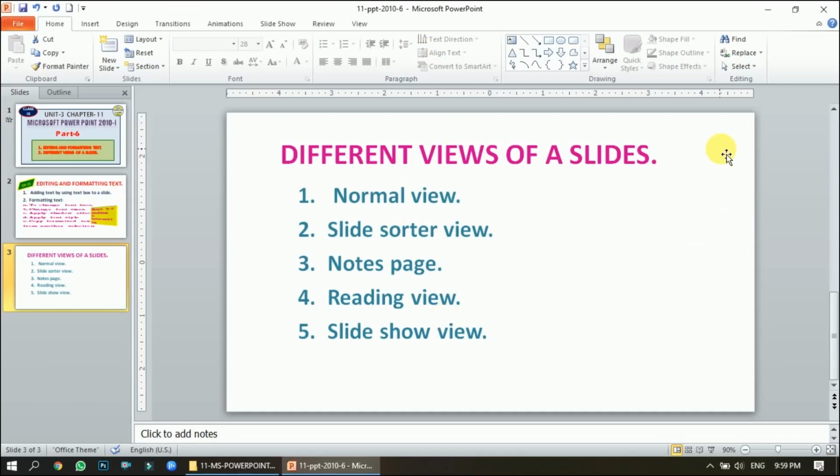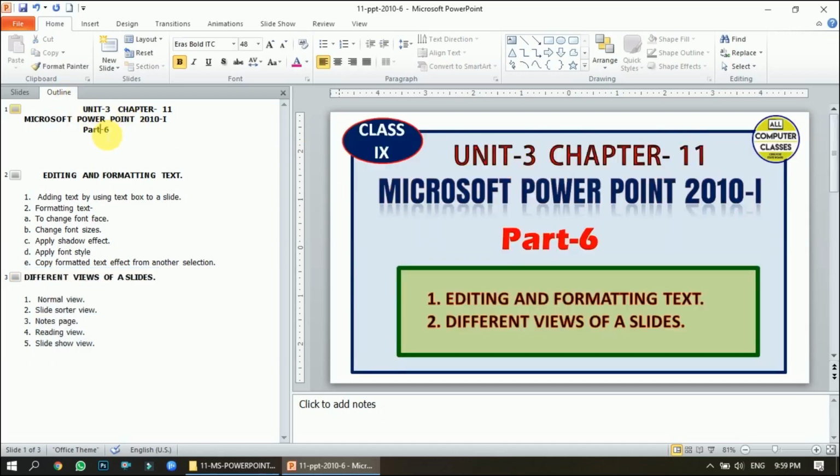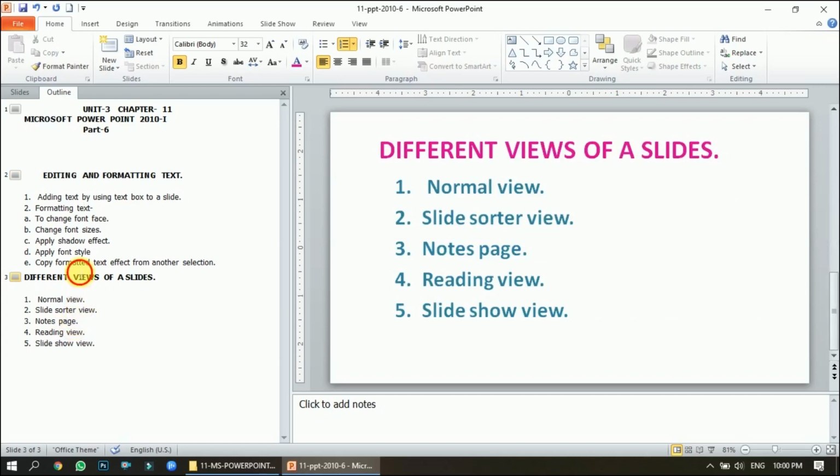So the first one is this. This is called normal view. In the normal view you get to see the bigger size of a slide, then you get to see the slide tab. Here you see the miniature form of all the slides. Then you get to see this outline box here. Outline tab is also there. Then you see the text of the first slide is appearing here, the text of the second slide is appearing here, and third. So if you don't want to work with all these colors and pictures and just want to focus on the text, you come in the outline and see the text and review the text.